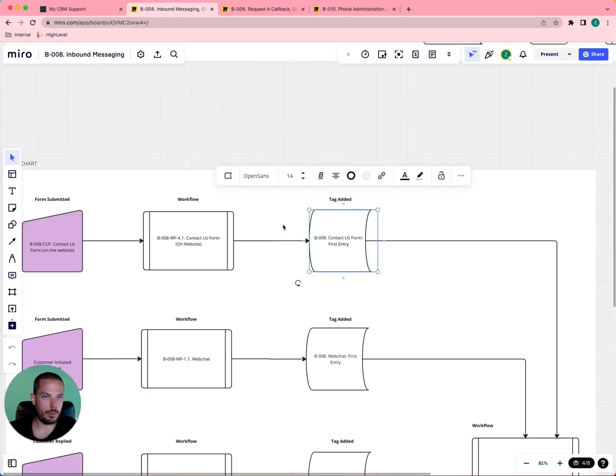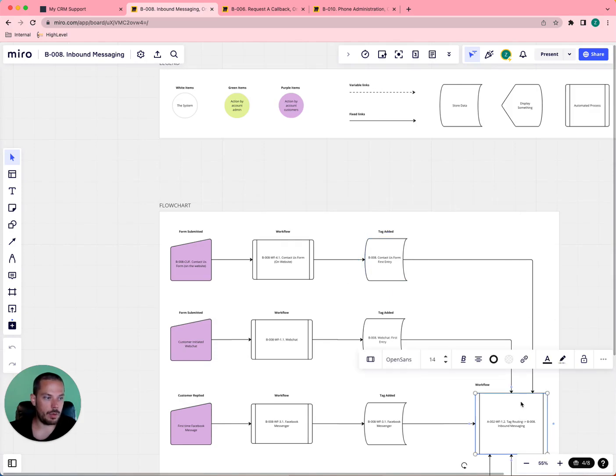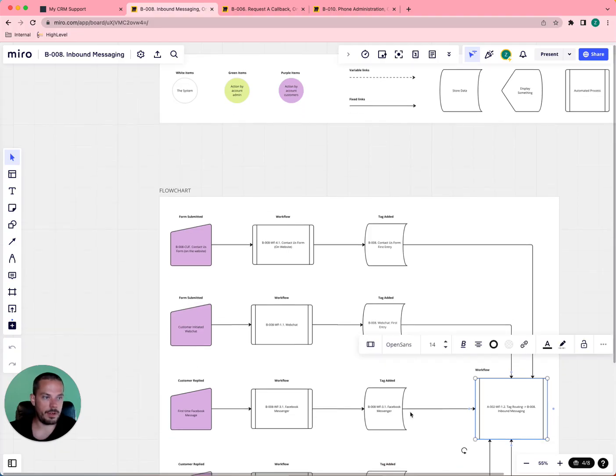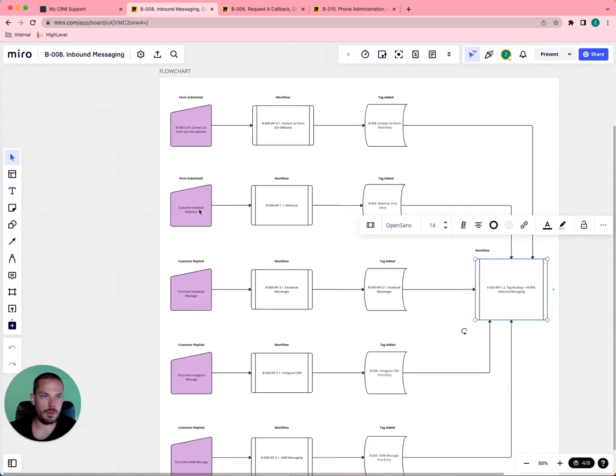So back on our Miro board here, we can see that after this tag is added, there's a line here that's linking down to this tag routing workflow. And so we're going to get into that in a moment once we finish these other paths. So let's begin next with this